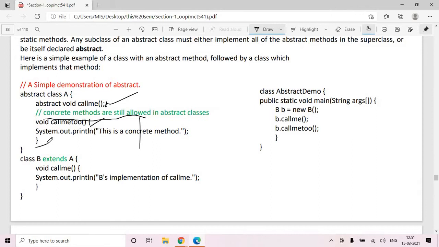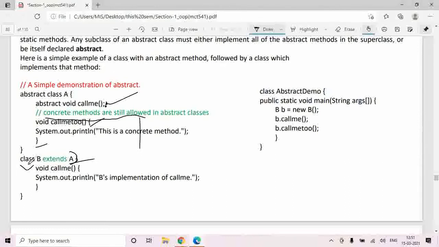Now how to use that abstract class? To use it, you need to inherit it. So you create a class B and inherit the abstract class.